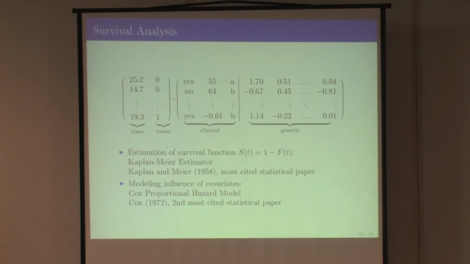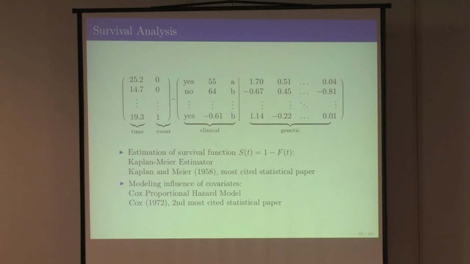To motivate you that this is not an esoteric problem looked at by a couple of people in Dortmund, it's very, very relevant to many people working in statistics. There's the Kaplan-Meier estimator, which gives you a basic estimation of how the survival function looks. I think Bischl Googled this a couple of days ago, it's one of the most cited statistical papers. And one of the simpler models to predict survival time is the Cox proportional hazards model. It's the second most cited statistical paper.